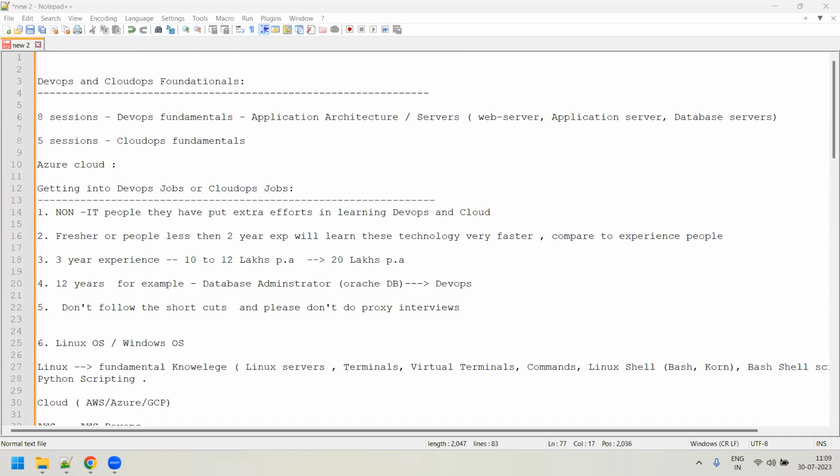So I need a 1.5 hour class again for starting our DevOps foundational, right? So why do we have to learn DevOps? What are the core things which a DevOps engineer needs? Like that, we start understanding the basic aspects which every DevOps engineer should know. So we need to start the journey from there, right?